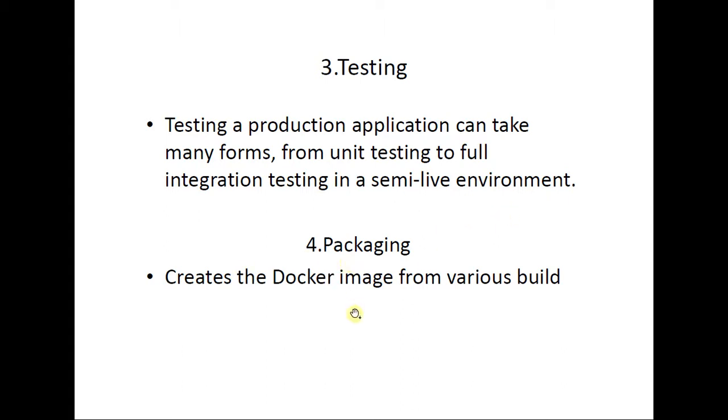The next step is called packaging. In Docker, it creates the image from the various builds. There are a number of various builds, and from these it creates one image, or we call it a container single artifact. That concept is called packaging. For that purpose Docker uses Docker tooling.